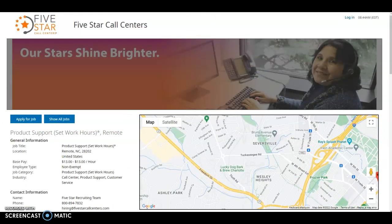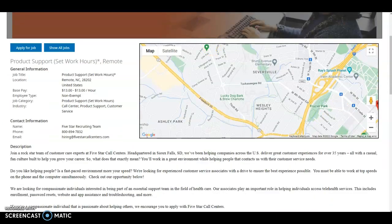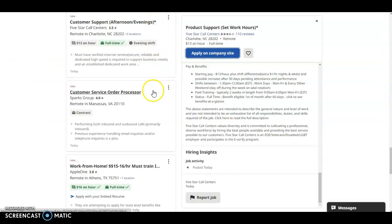And you can get that done within a jiffy and get hired. If you have the required skills and you have a mindset of a winner, they will definitely hire you. Okay, and the next job will be